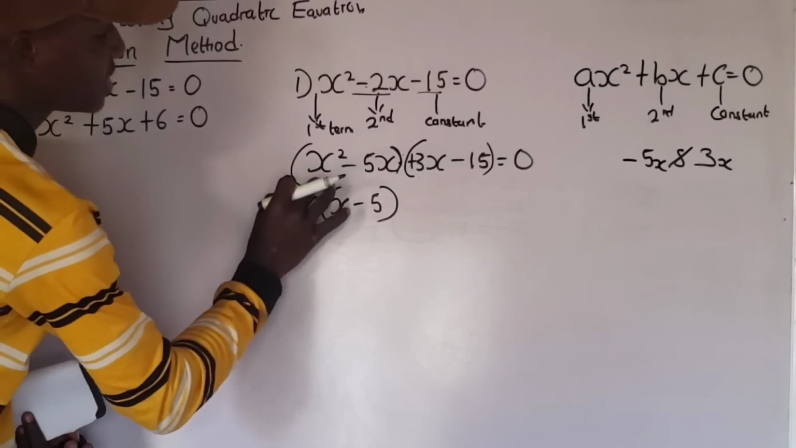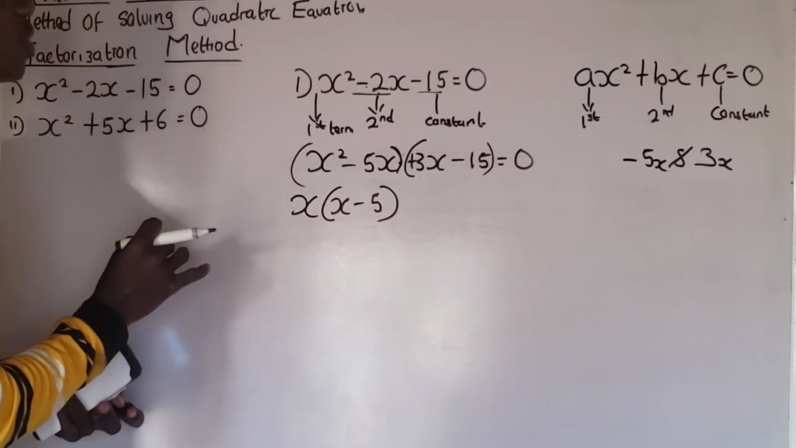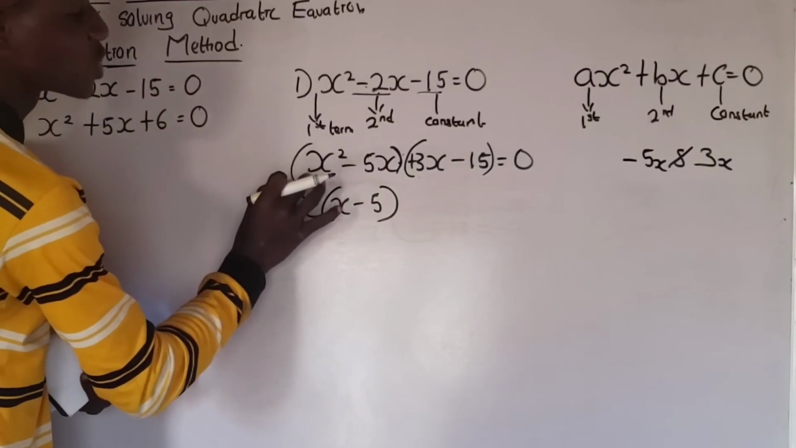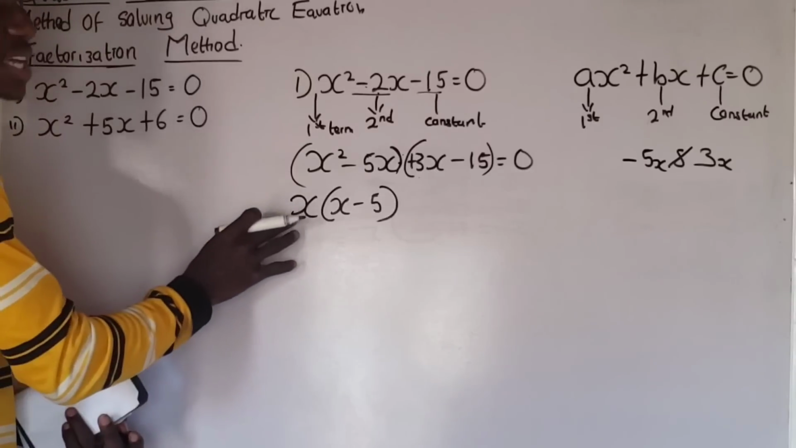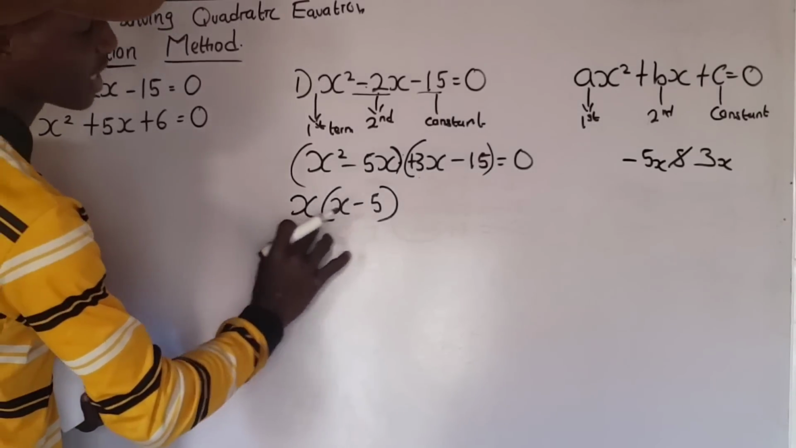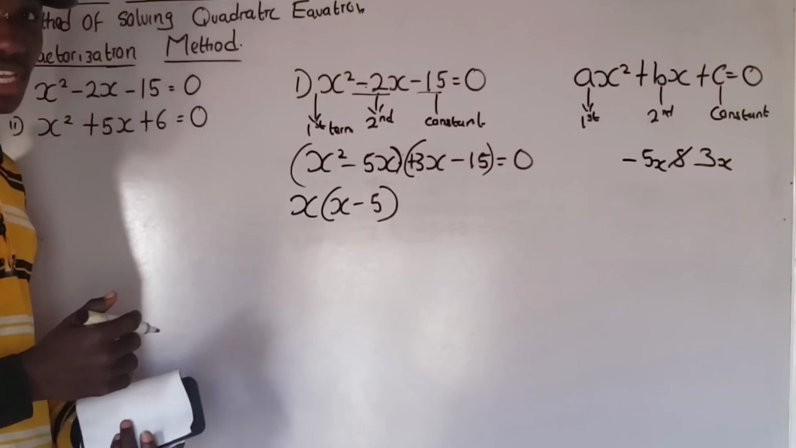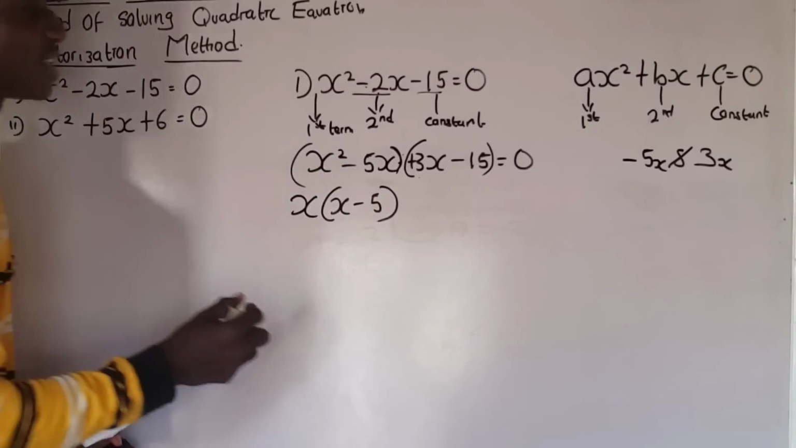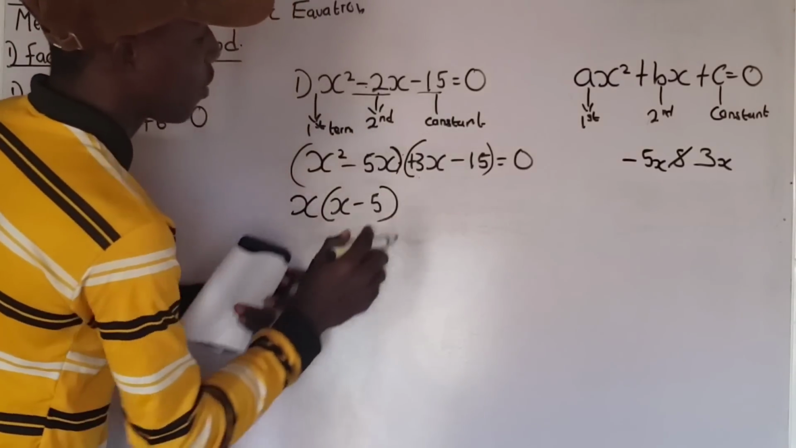Now, if I'm to factorize this, I have to look at the term that is common to x squared and negative 5x. That term is x. So, by the time I open this bracket by x, I'm still going to arrive at this. You understand? So, that is why I call this the factorization method. Okay? Now, here I'm going to have what is common to